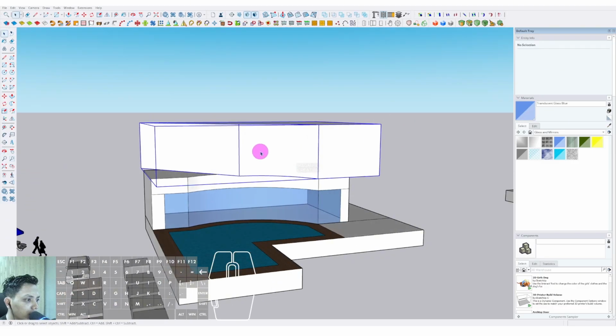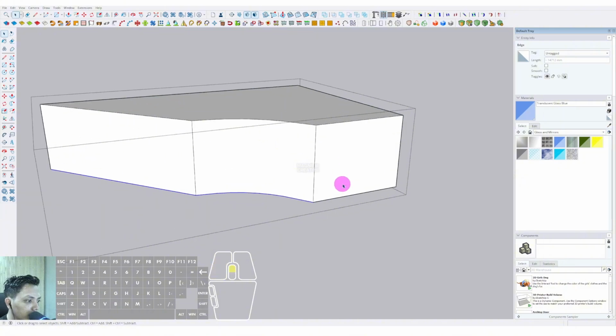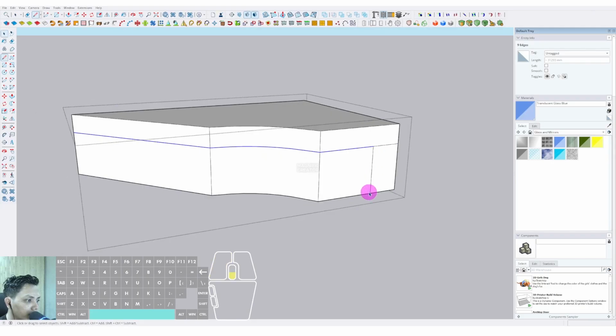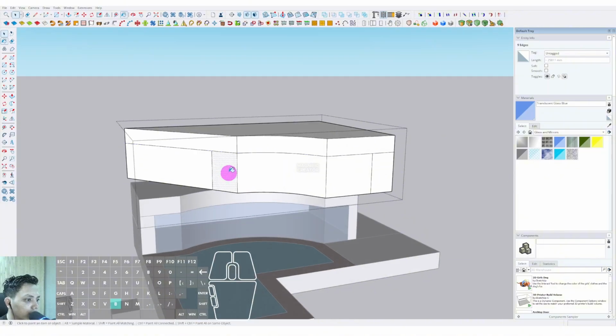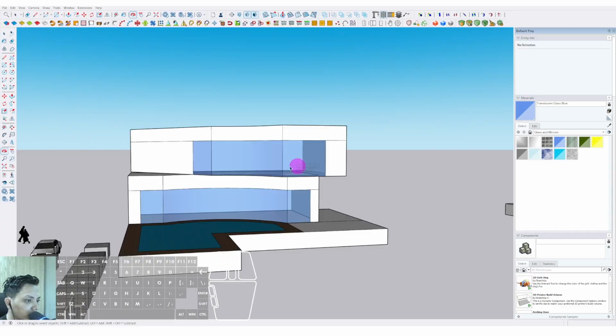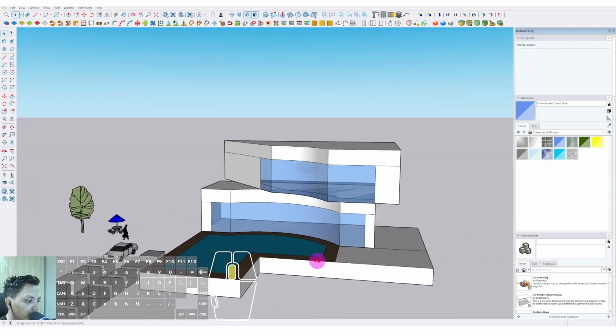Okay, and then for this one, now we can select this line and select the move tool and place the position in here. Okay, and then just place the position in here. And this is about the shaping. Okay, and after that, now we can